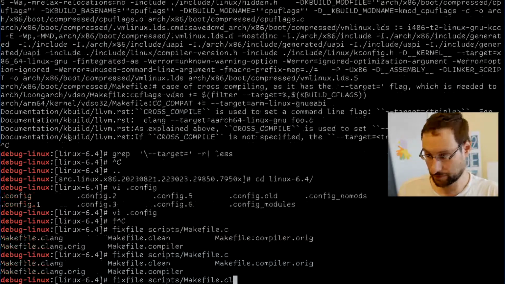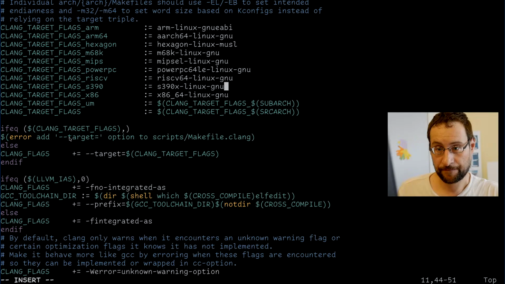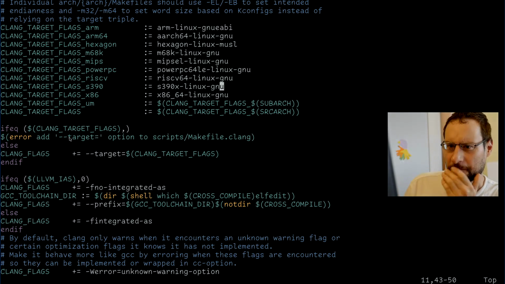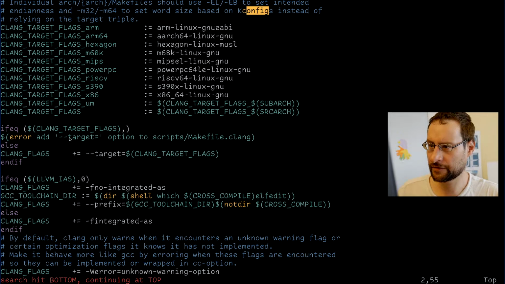The Clang also? At least we found it. Actually, somewhere would they have config here? Individual arch Makefile should use LLVM. Do we have config here? That is the question. Otherwise, we would need to split this.